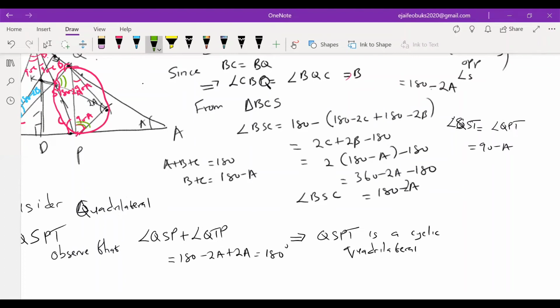and the angles in the same colors are equal. They are also equal, and that means angle PST is equal to angle TSQ, also equal to 90 minus A. These equalities hold because of equal angles in the cyclic quadrilateral. So 90 minus A, 90 minus A, and that means